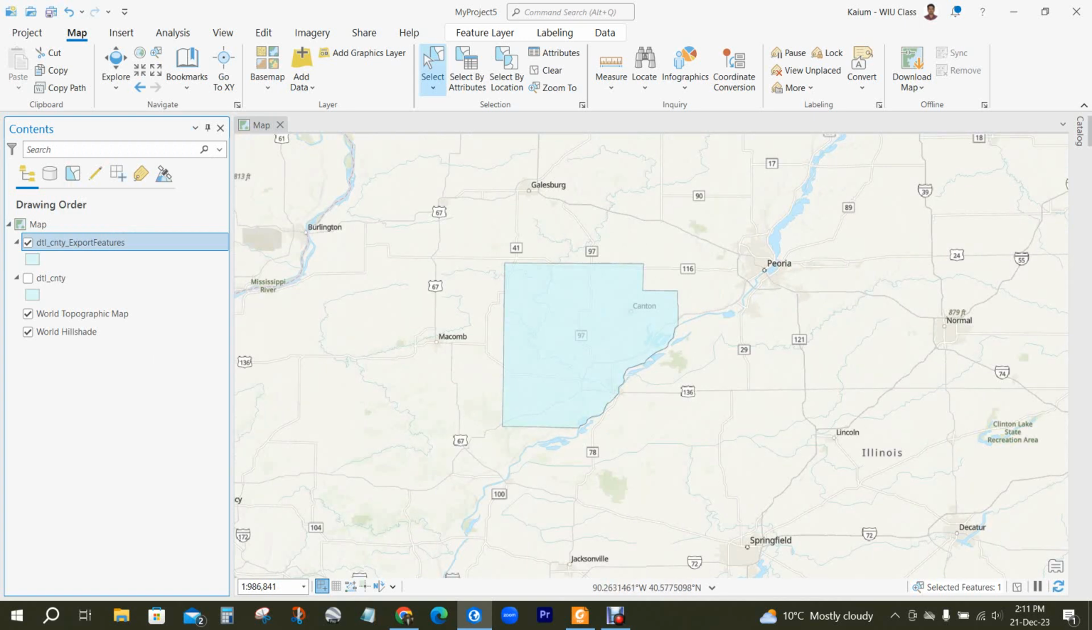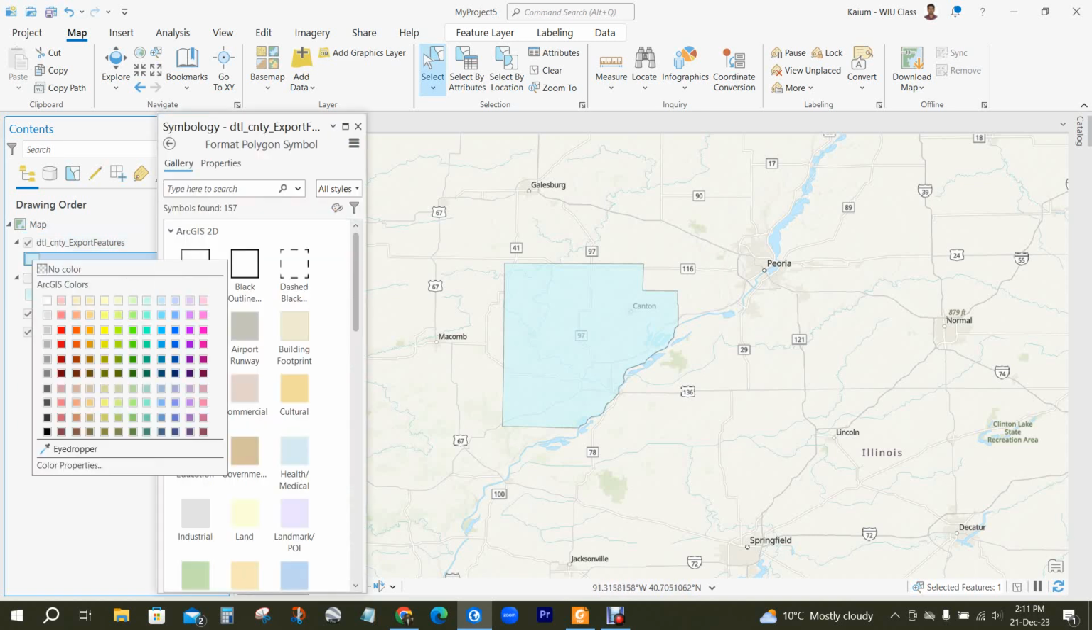So to select feature is very important in ArcGIS Pro. So first of all, in any kind of exercise you need to select feature. So you can change this color if you want,